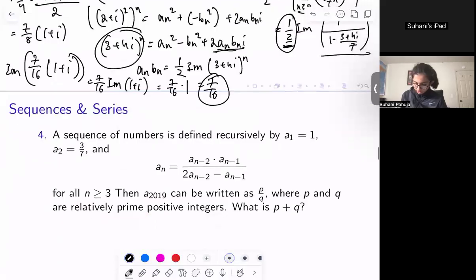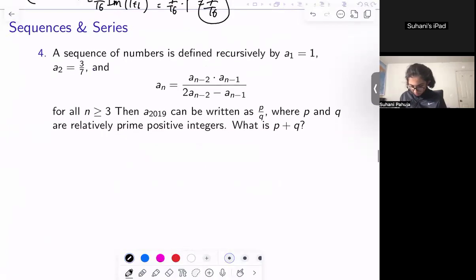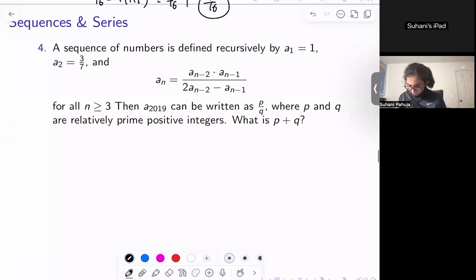Okay, moving on to the next question. The next question states that we have a sequence of numbers defined recursively by a_1 is equal to 1, a_2 is equal to 3/7, and we have this recursion for all n greater than or equal to 3,